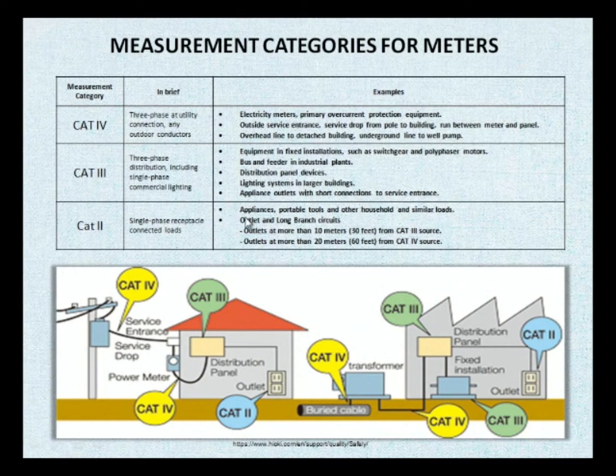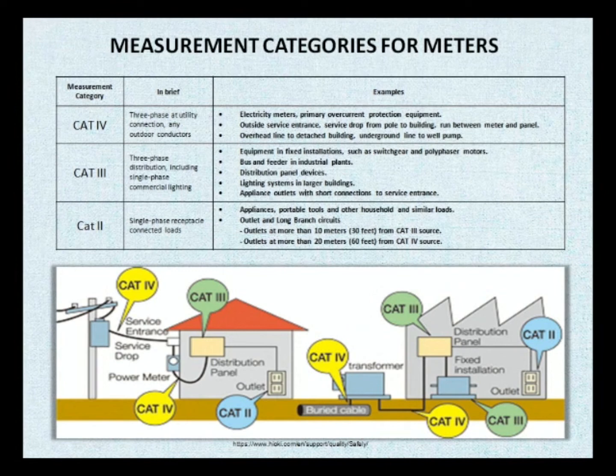Examples of that would be category 2. That's category 2. Category 1 is not there. We're not listing category 1, but some people think that there is. There isn't. It's not worth mentioning because category 1 is all the devices that are not powered. So we're not going to be concerned with that. We're going to talk about things that are powered.